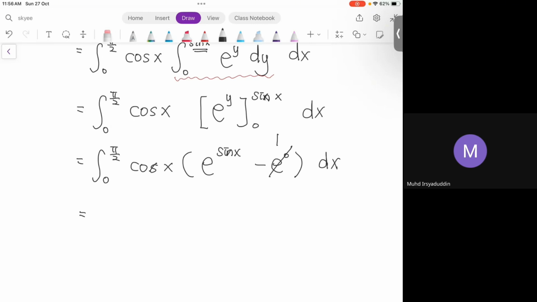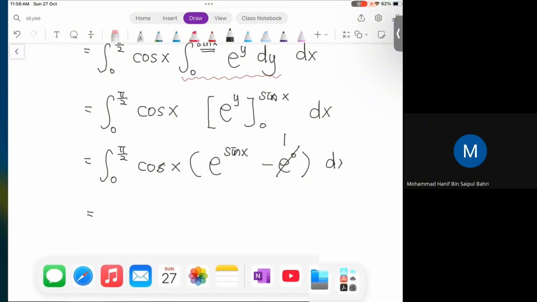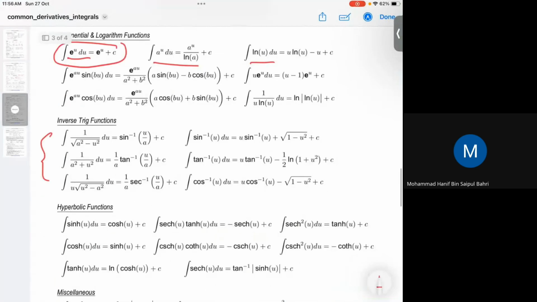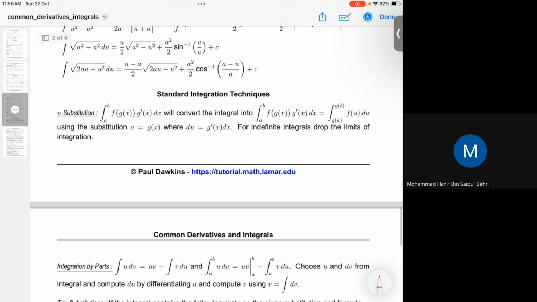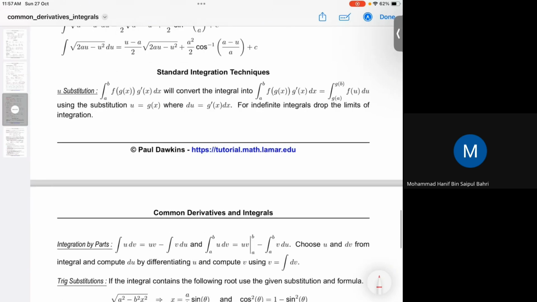So now you tell me, can I use the calculator now? Yes, you can use a calculator. Please try to insert this into your calculator and see what answer we get. If you have to perform this one manually, what rules would you use? What's the name of the rules here? Maybe you have to use substitution rules or integration by parts to solve for